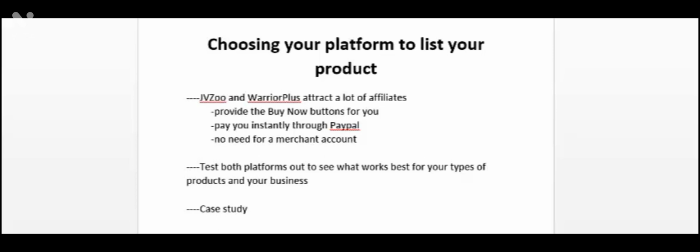Okay, so lastly, I want to provide a case study in this video. It's my case study. I had a product launch on JVZoo in January of this year. I had it open for 7 days. I generated between 15 to 20,000. I'm not sure of the exact numbers. I'm just estimating here. And what I did was after it closed, I relisted it on the Warrior Plus network